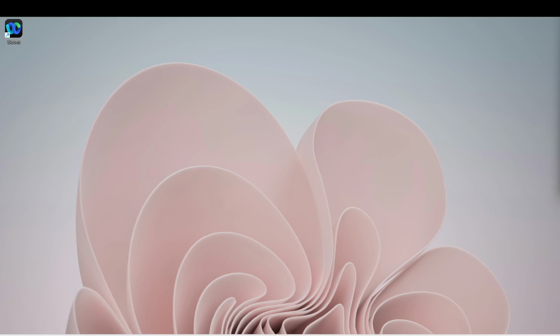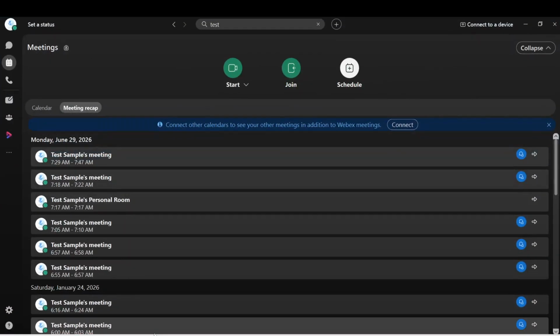Next, log in if prompted. Depending on your settings, you may need to enter your username and password. This step is essential for accessing your account securely. If you do not see a login screen, that's okay. It means you are already logged in. As you enter your credentials, take a moment to double-check for accuracy. This little attention to detail can save you time later. Once logged in, you'll be directed back to the main interface. From here, you are set to join or create a meeting.